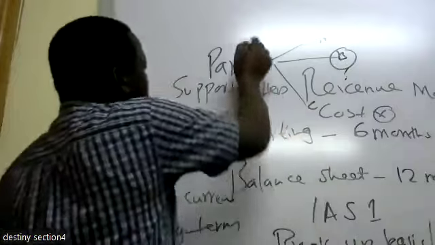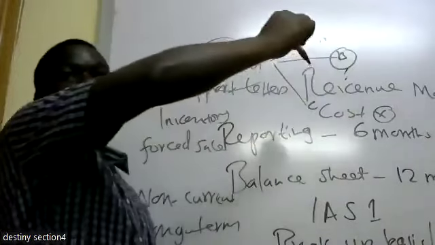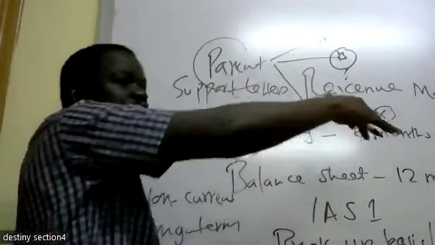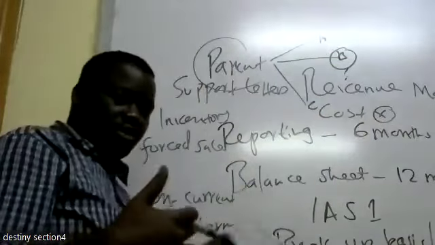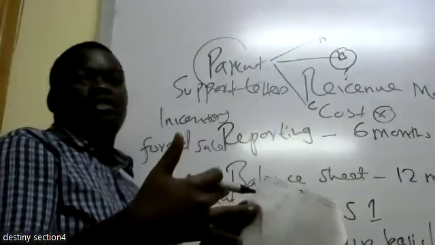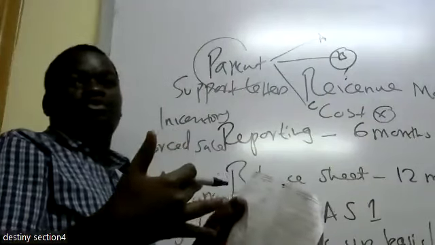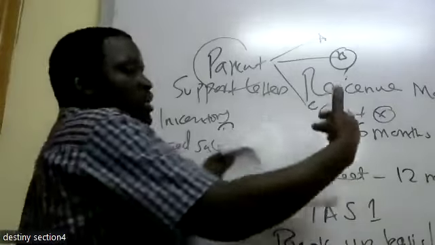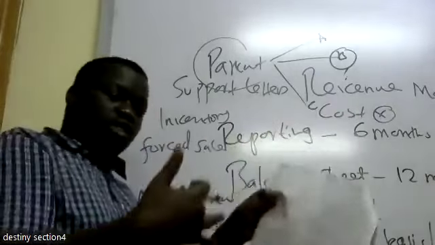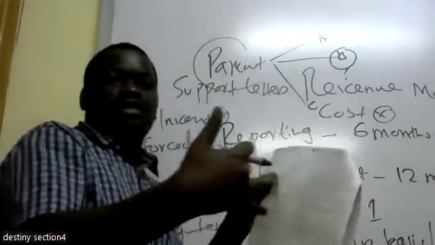Being that this is the parent and these are like the children, you cannot just leave your children. If you assess and, yes, there is a possibility for it to survive, you still don't have the need to dispose of it. So what we do is give some assurance, a support. So we shall give some assurance to the bank. Yes, we're going to do this and this. This is how we're going to finance these